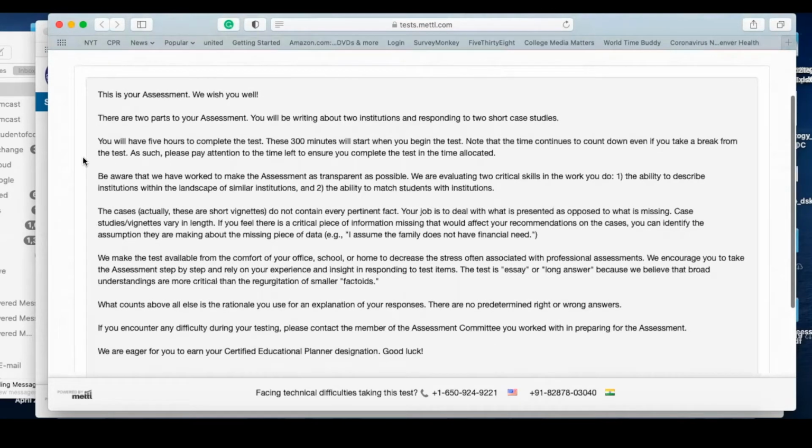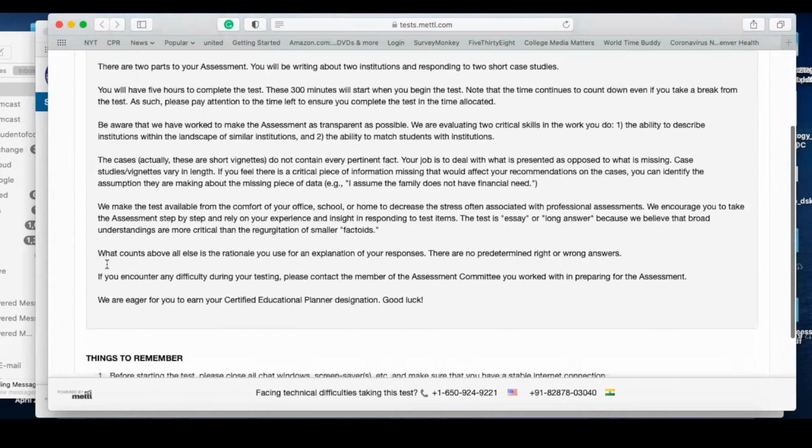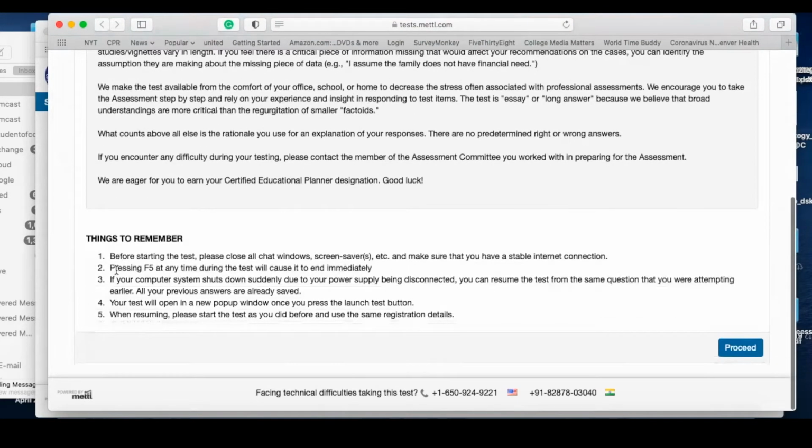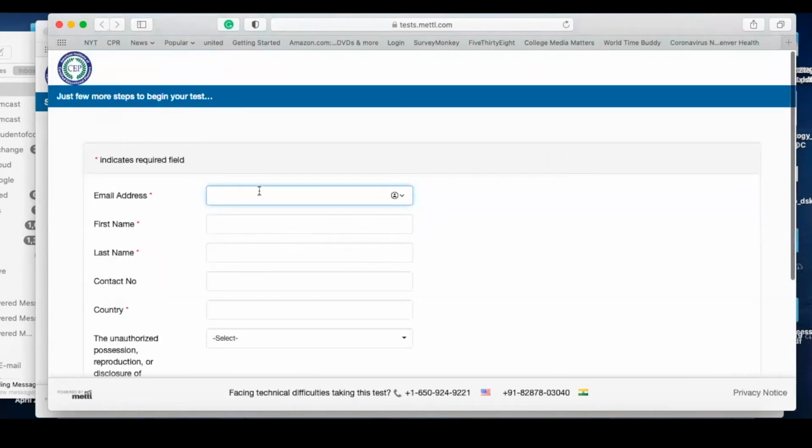It has some information about the test. It talks about the case studies. It talks about the hope that taking the test in the comfort of your office or school or home or whatever will make the test process less stressful. You'll be again reminded of some of the technical things to remember. And then on the bottom right, you will proceed